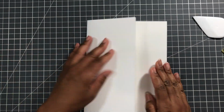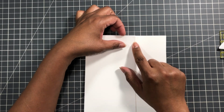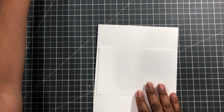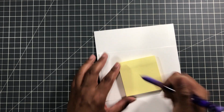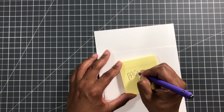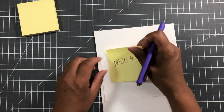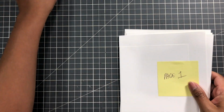Okay. So this is the back of, so this is the most interactive page. I don't know what this touched, but ignore that. This is the front of page 4. If you put this down and you know yourself, do like what I do. Post-it, page 4. Stick your post-it here. So if you're done for the night, you know tomorrow when you start this album up